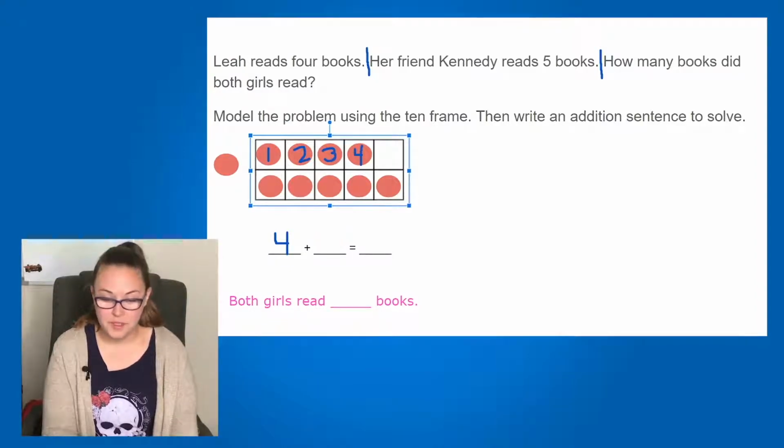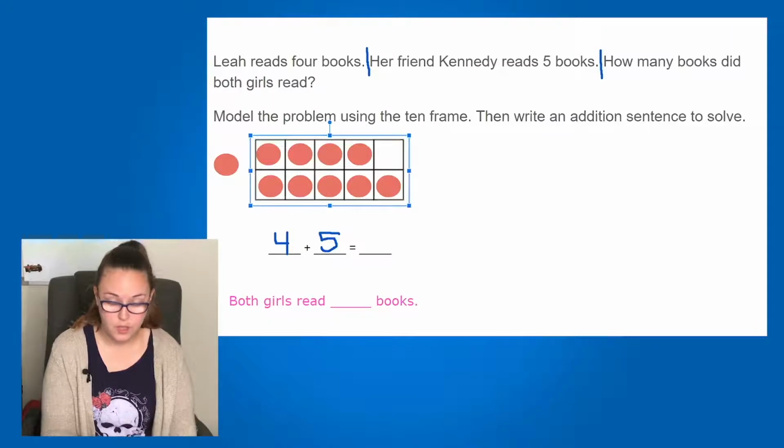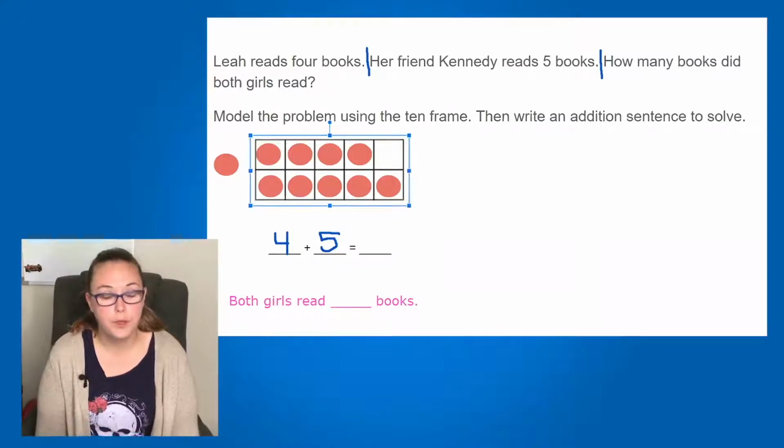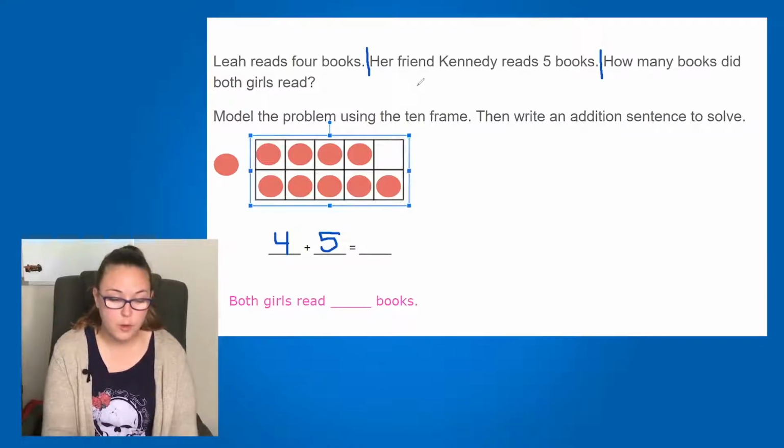Now the next thing we're going to do might confuse you a little bit, so make sure you listen really well. We're going to count the number of counters in our 10 frame, but we're going to start with the number 5 because we know this second row has 5 in it. So starting with 5 and then counting on 4 more. Are you ready? So the bottom row has 5. So this one is 6. The next one is 7. Then 8. And last we have